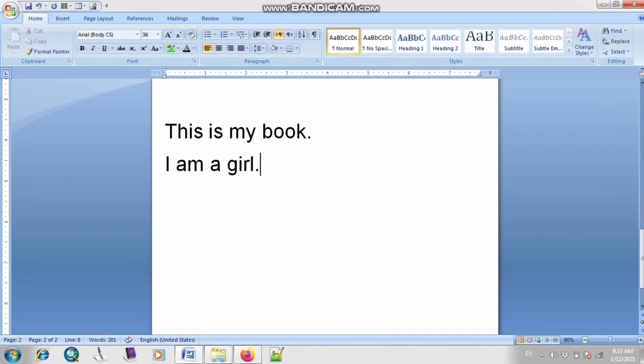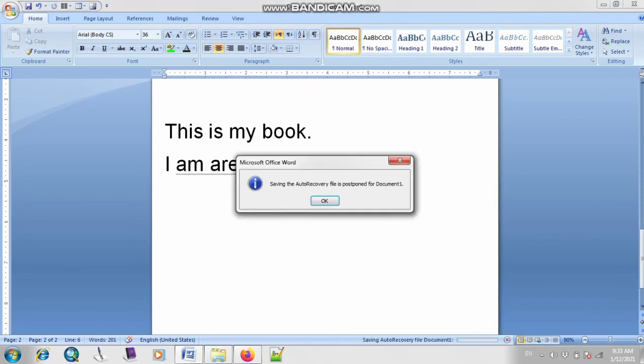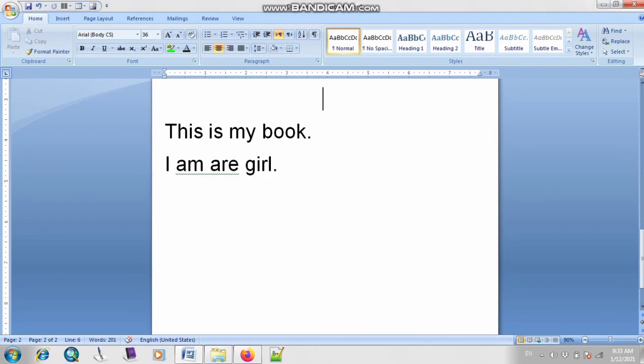So now, as you can see, this statement is correct, but if I make a grammatical error, it will show the green line. As you can see, I am a girl. So this is your wrong sentence. How is it wrong? This is a rule of English that when you are talking about one person, I am, and this is girl.